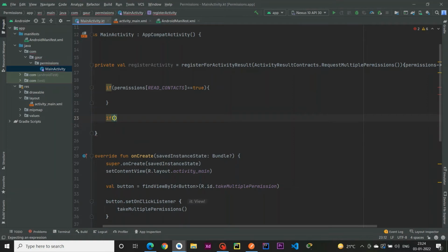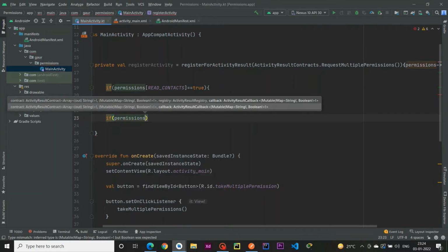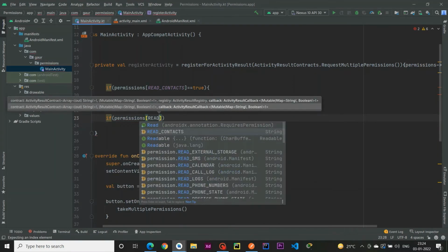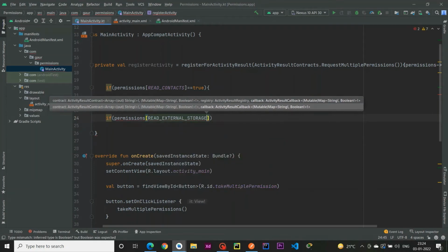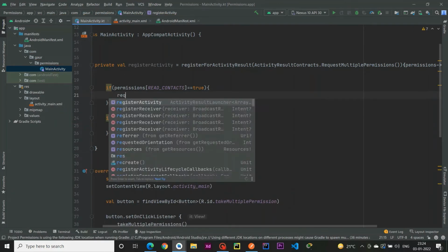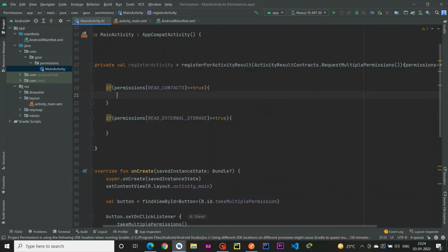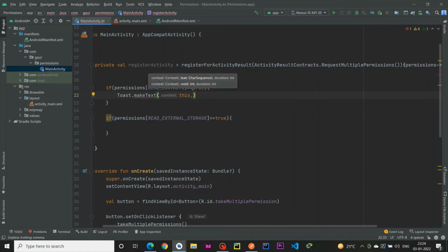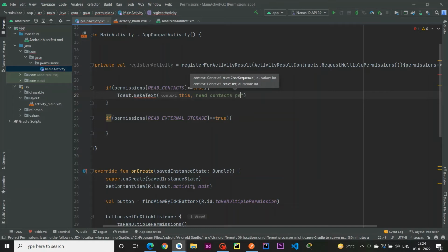And the second permission, which is permissions READ_EXTERNAL_STORAGE, if it is also true, that means the permission is granted. If that is the case, just use a toast message to show this. Toast.makeText, pass the context, CharSequence, and in CharSequence I use read contacts permission is given.